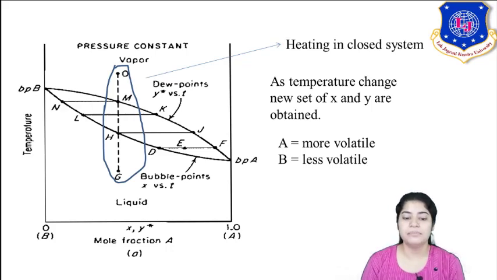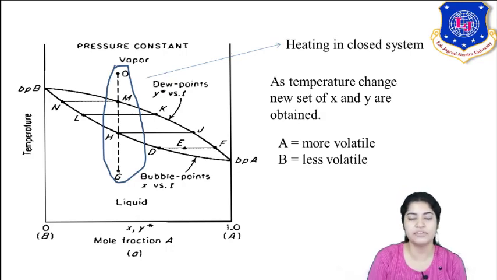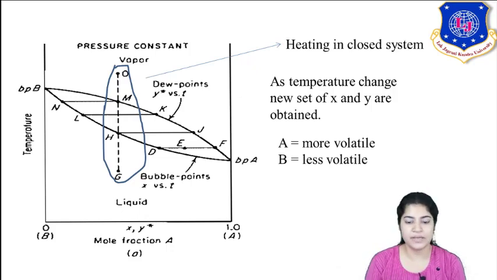You can see the boiling point of A is less than the boiling point of B. Because A is more volatile, it will boil early, hence the boiling point of A is less than that of B. Similarly, as we saw in the last lectures, at point G I have my mixture of A and B, where A is more volatile. In a TXY or PXY diagram, the mole fraction representation is generally considered with respect to the more volatile component. So A is my more volatile and B is the less volatile.